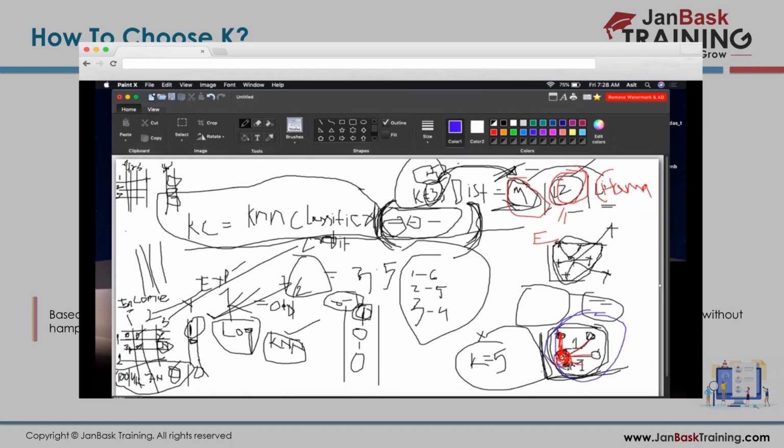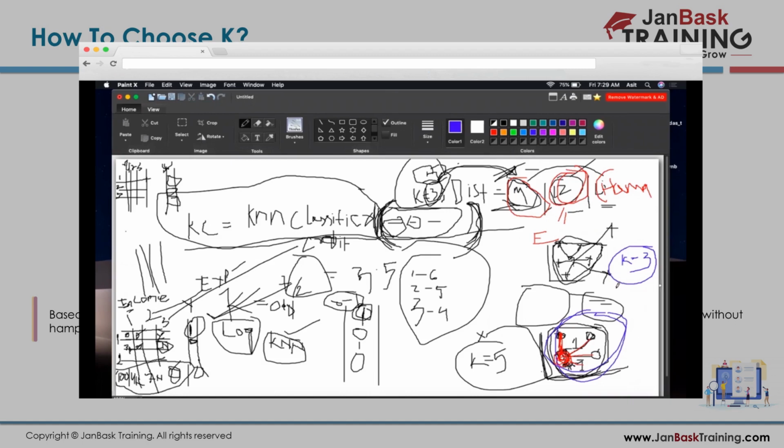So if you take only k equal to 3, then what will happen? It will always try to find only the 3 nearest points. When you give k equal to 3, the model will try to identify only 3 nearest points, based on the distance you have given, Euclidean or Manhattan. So there could be error, right? Because it's taking only 3 points, and on the basis of 3 points it's giving you the result.